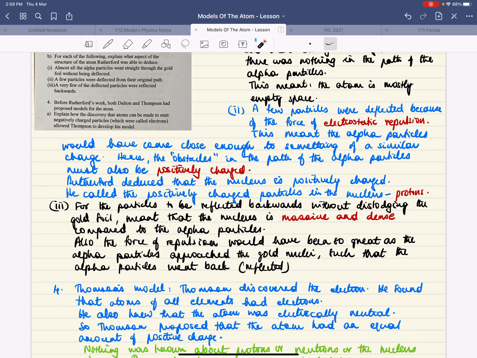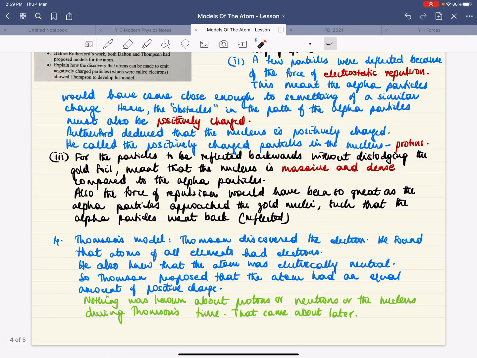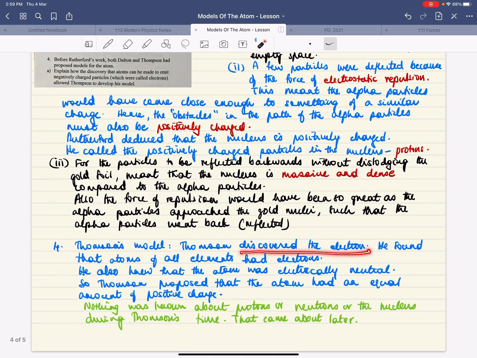So just remember, before Thomson, we had Dalton, who just said the atoms were spheres and there's nothing smaller than the atom. So Thomson discovered the electron, and he found that the electrons are negatively charged, and so he knew that the atom was electrically neutral. So he said that the atom had an equal amount of positive charge to balance out the negative electrons so that the atom's neutral. At that time, they did not know about the protons or neutrons or the nucleus,